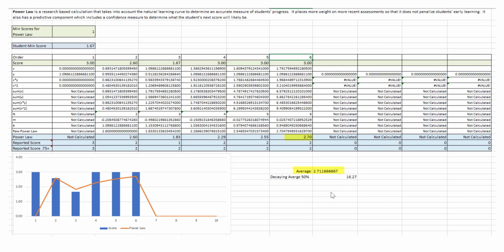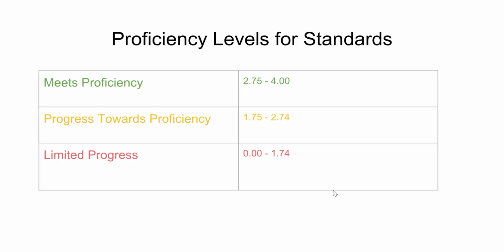All right, so let's take a look. Hopefully that wasn't too confusing. So at the standard level, and remember, we're just talking about one standard right now, the rounding starts at 0.75. So 0 to 1.74 is limited progress. Progress towards proficiency for the standard is 1.75 to 2.74, and meets proficiency is 2.75